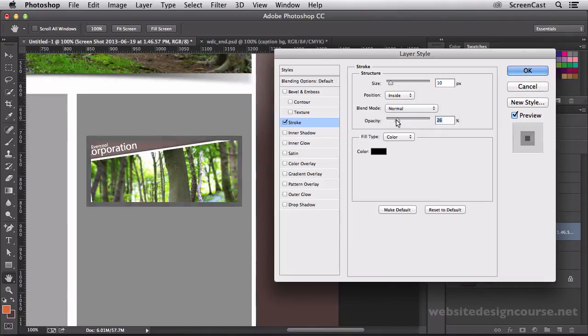And then I'm going to take the opacity and bring that down a little bit. Now you'll notice a quirk here that although this is set to the inside, if I turn this off, you'll notice the image actually extends past the stroke. But as soon as I turn on the stroke, even if I bring down the opacity there, it's almost cutting out part of the image, which is a little bit odd. So we're actually going to add another effect to this in order to make it so that it's on the inside. So we'll crank this all the way up to 100%. I just wanted to demonstrate what happens if you change opacity on a stroke that's set to the inside,